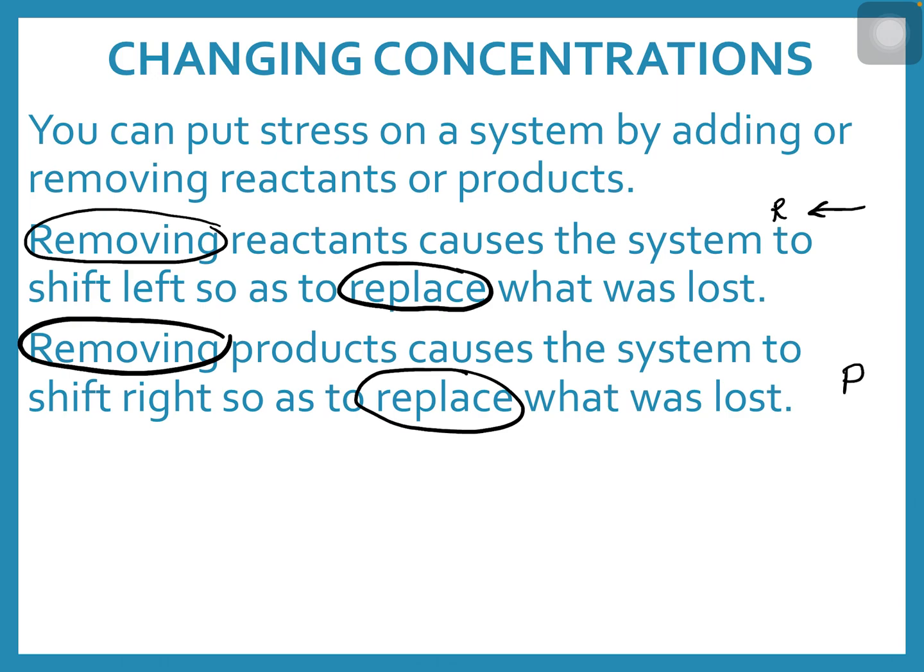So if we think about the KEQ, the equilibrium constant, which is products over reactants, if I take away some of the reactant, that is going to change the ratio between my products and my reactants when I plug in my concentrations, and I won't be at KEQ anymore. So in order to fix that, some of my products need to become reactants. So what that will do is,